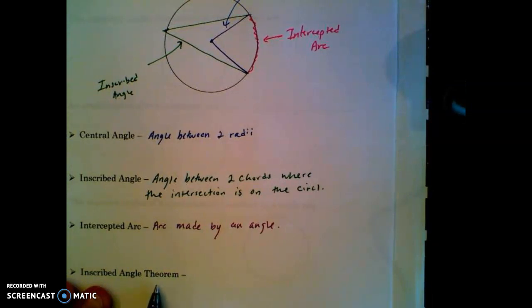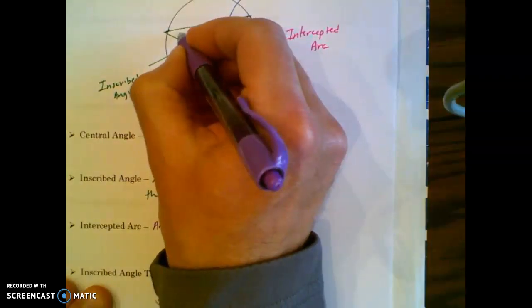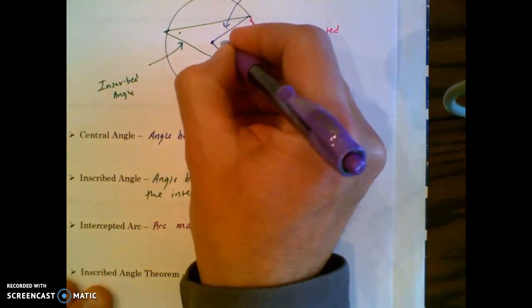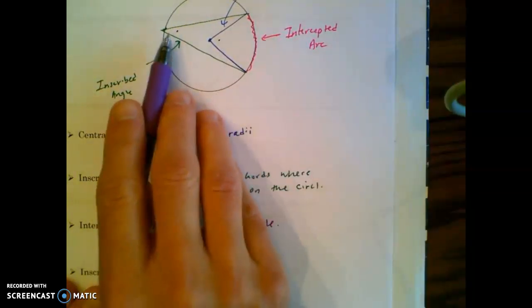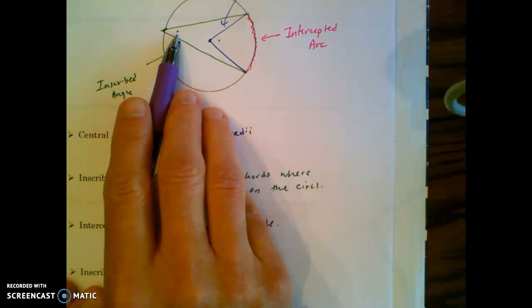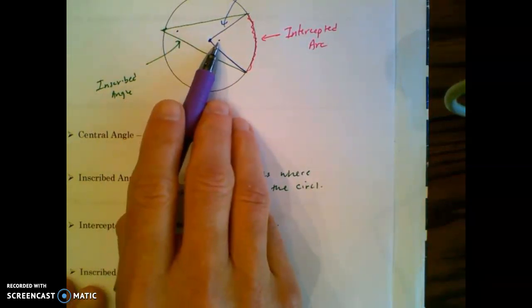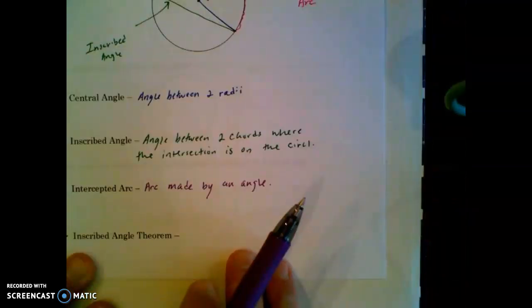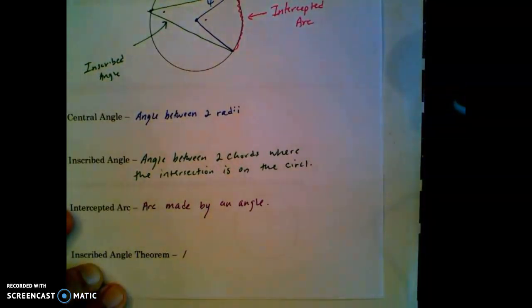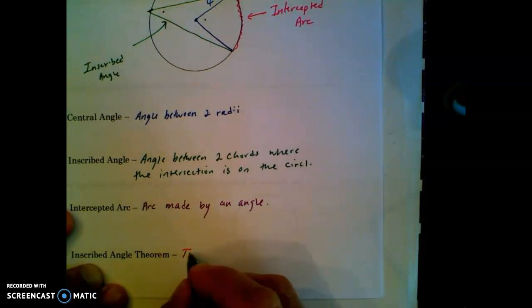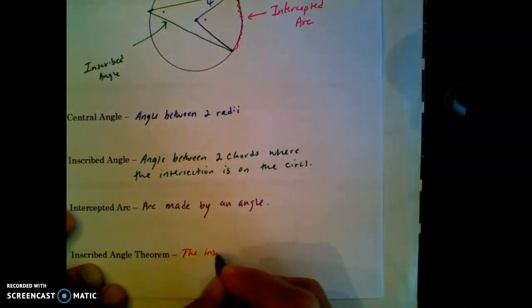Then in the video, I showed you what the inscribed angle theorem was. Again, you'll notice the inscribed angle is much smaller than the central angle that makes the same arc. They're not going to be the same measurement. This is going to be smaller, and it's exactly half as big as this central angle. So you can think of the inscribed angle theorem in two ways. You can say the inscribed angle,